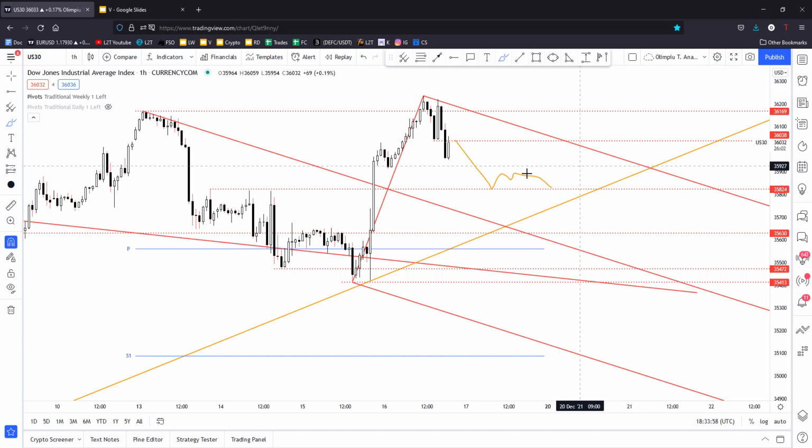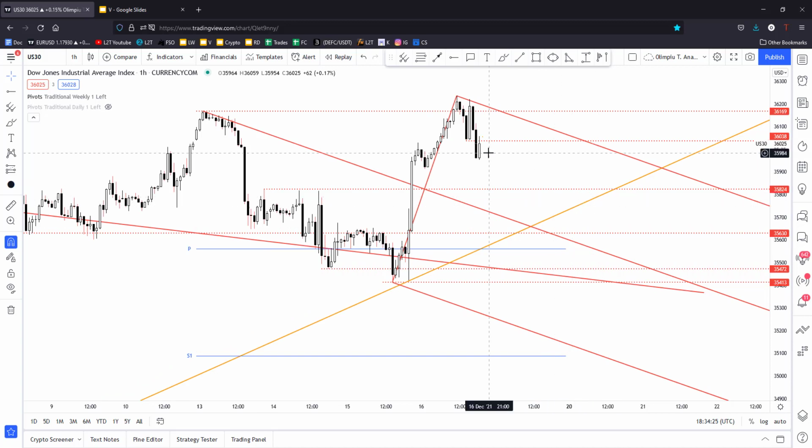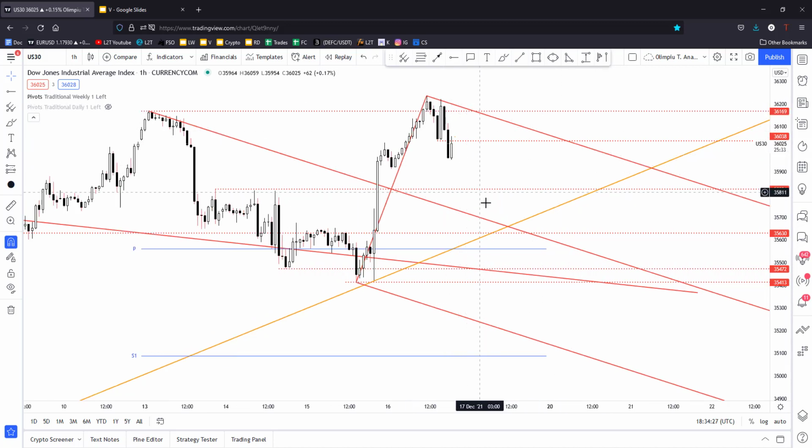But this scenario could take shape only if the price fails to reach my medium line, or if the price continues to drop and reaches this confluence area. I want to see maybe the price reaching this confluence area to print something like a false breakdown, great separation, retest, which could bring us a new long opportunity from here. Okay, so personally I will look for longs after it maybe ends its current downside movement, or also something like this,